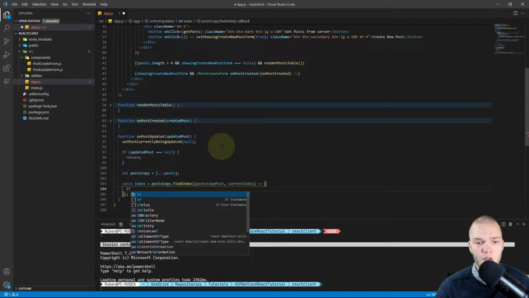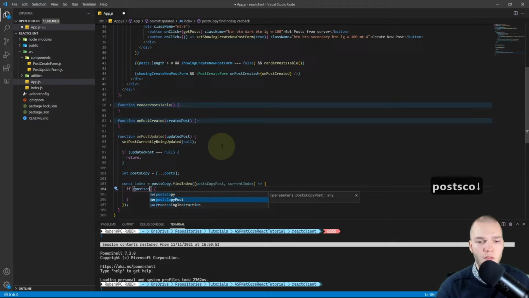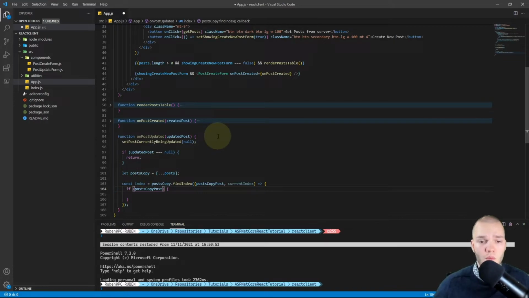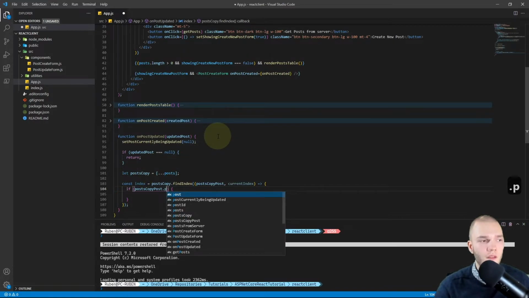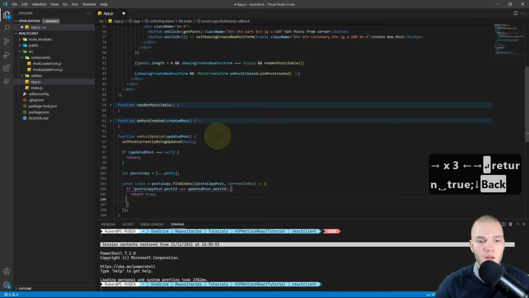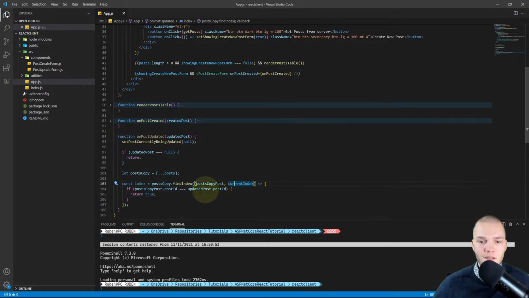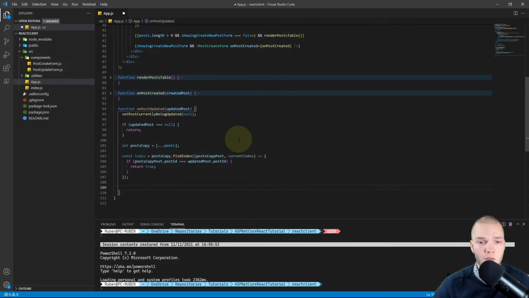So this loops over all the posts. So I'll do an if statement here, and if the postsCopy post, right? So the post in the postsCopy array that's currently being looped over, dot postId equals the updatedPost dot postId, then we'll return true, and that will set the index of the current index here. So then we have the index of the updated post.